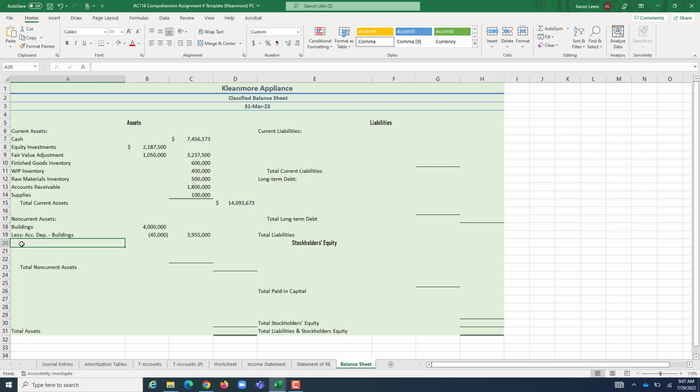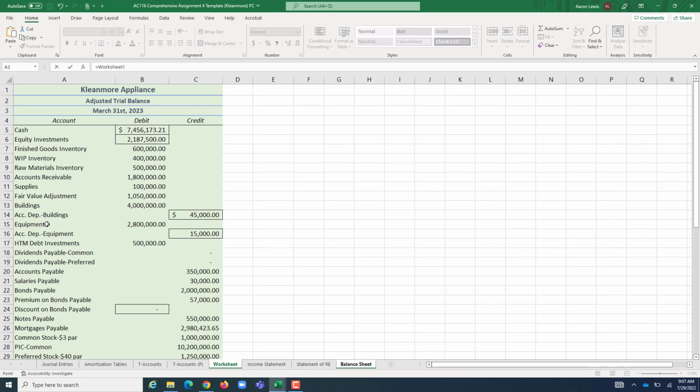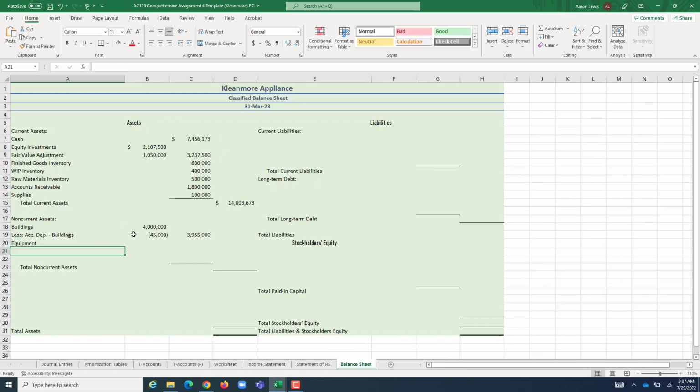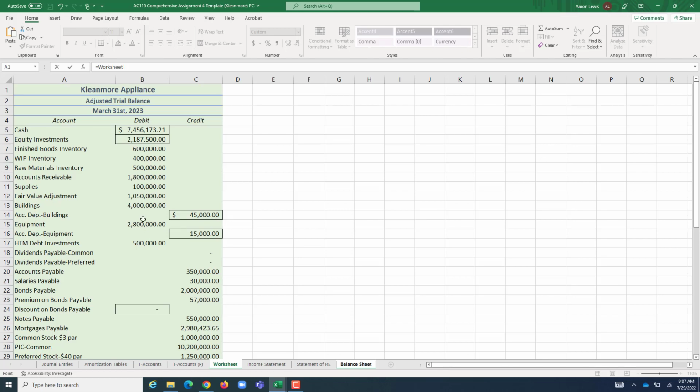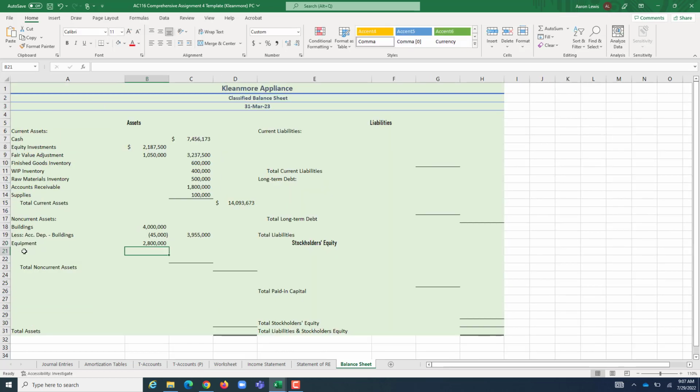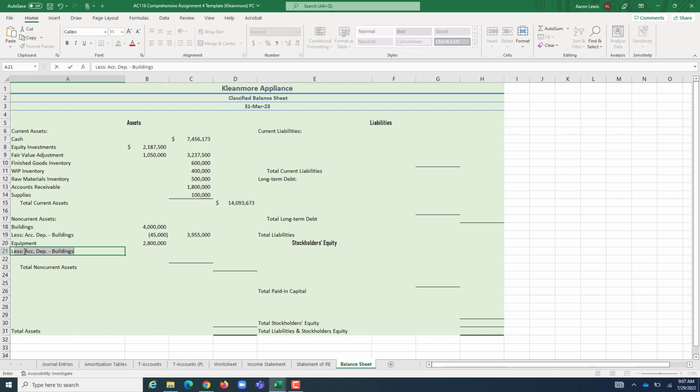The next thing that we have to grab, I'm going to hit equals again, go back to my worksheet, is our equipment. And our equipment also has an account tied to it, so I'm going to throw it in the left-hand column. And our equipment is worth $2.8 million. It has also lost value. It has an accumulated depreciation account, so I'm going to type in less ACDEP for short